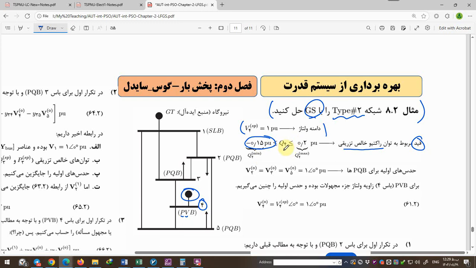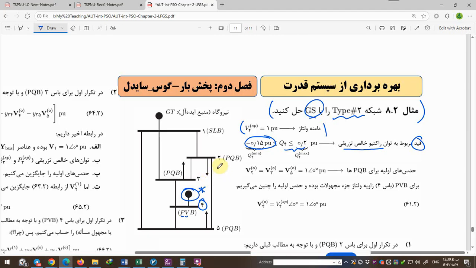The minus amount of injected reactive power means that these generators can absorb reactive power, and the positive form of reactive power means the injected reactive power is positive,